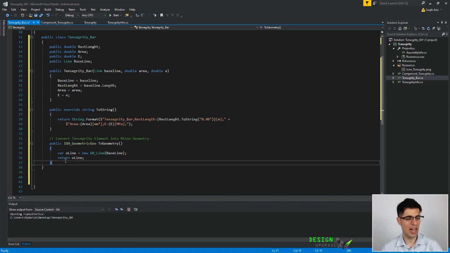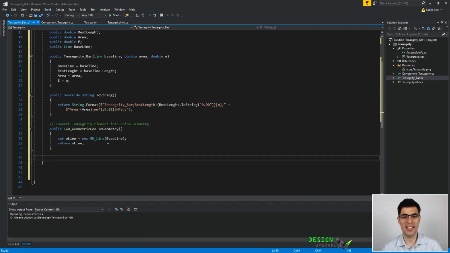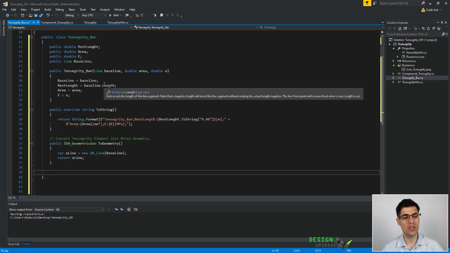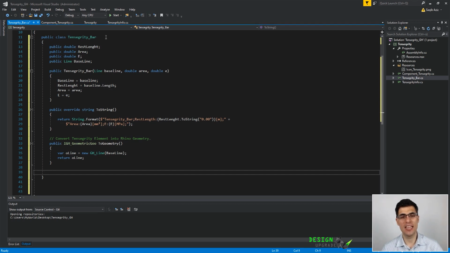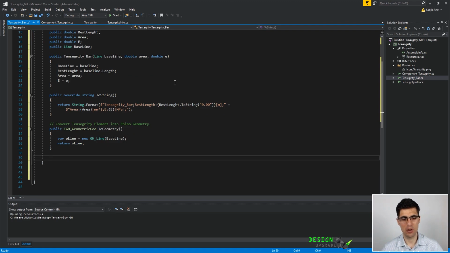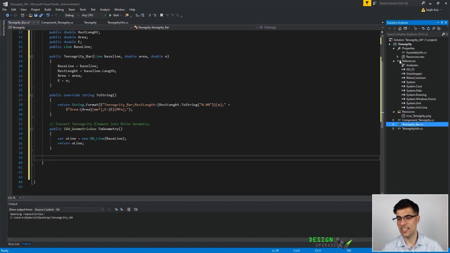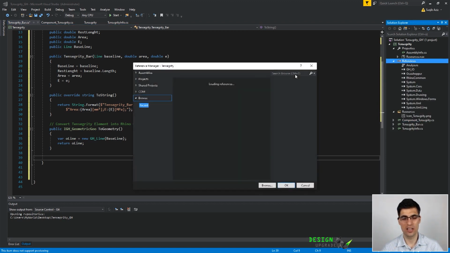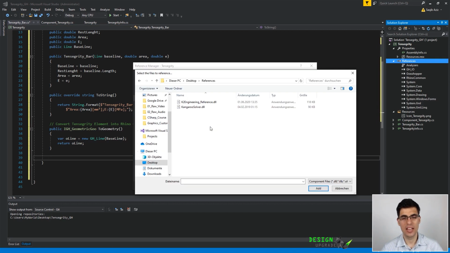Okay, and finally, the last method that we need is the one that is going to convert this object into our Kangaroo goal in order to run the simulation later on. So now we are going to be dealing with the Kangaroo library. The first thing that we have to do is to add a reference to that library. I've already attached these files into the content of this video, so you just have to download them. So we're going to add a reference to Kangaroo, and also to the